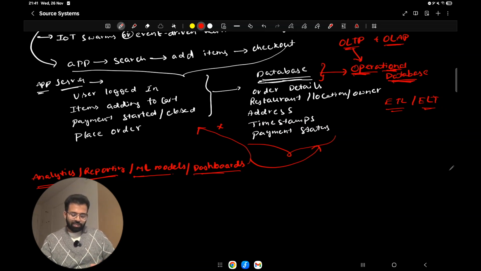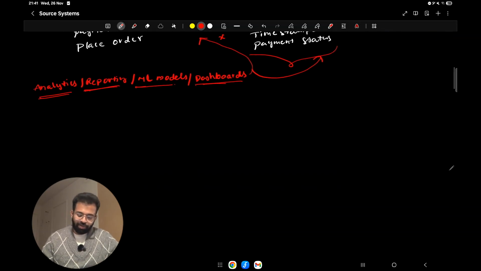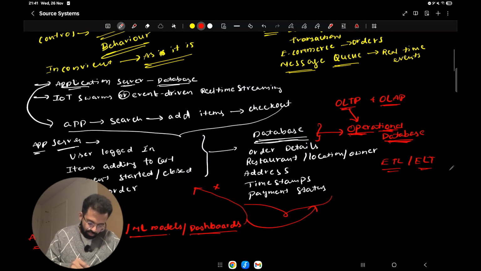And this is actually one of the most common source system patterns that you get to see in companies. I would say in most places I have been in, this is the pattern they were following. And then there will be other patterns. This is the second type of pattern.